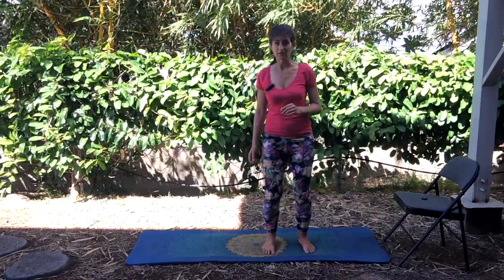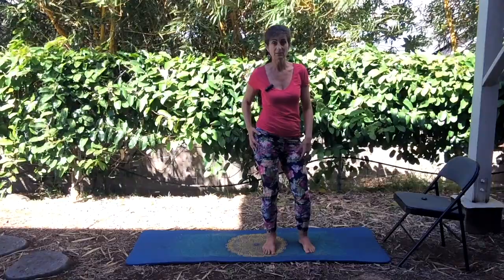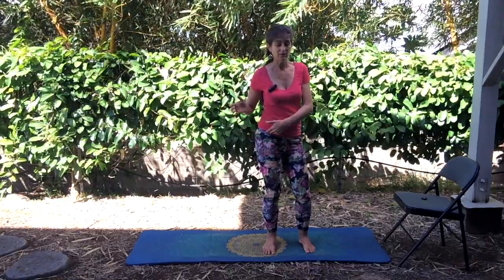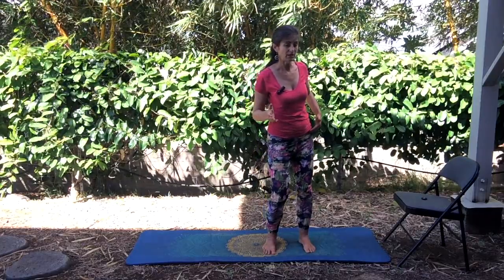Okay, let's do that again. So lift the left hip, bring it forward. So if you remember, you lift the left hip, the left leg straightens a bit, the right knee bends. Now, this is a shift. We take the left hip and move it diagonally to the right. As you do that, bend the right knee, left